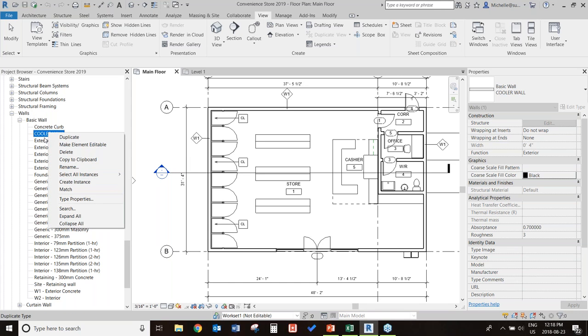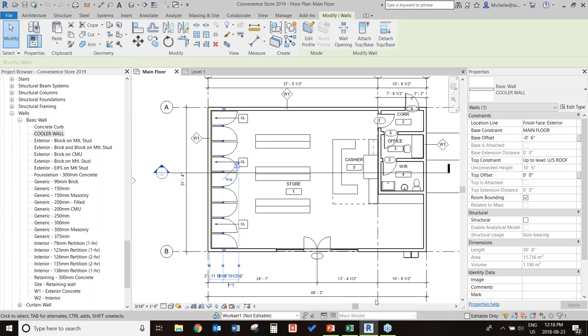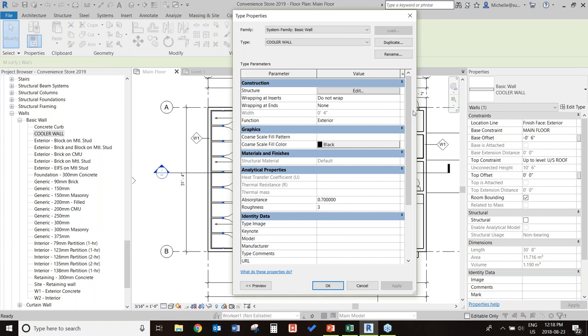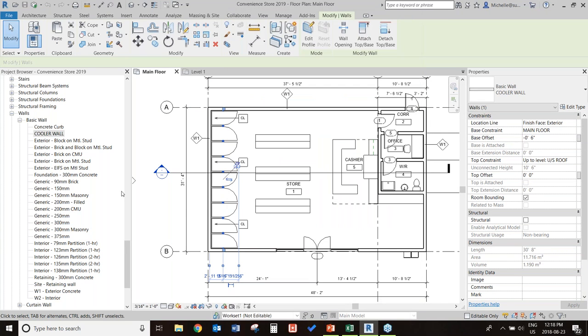So when going through this, you can right click on it, select all instances, visible in entire project, so you can see, maybe get a count for how many times it was being used, understand where it was being used, go into the type properties and take a look at what was in there. So you can find out all that information and then decide, yeah, this is one that we're going to be doing a lot of these convenience store projects. So let's take and put this into another